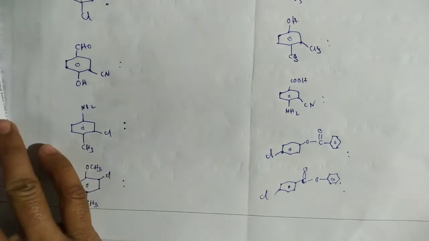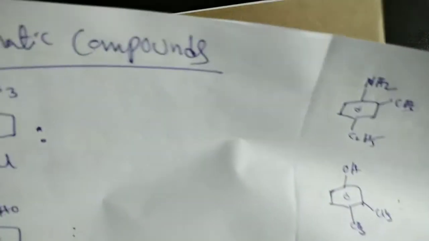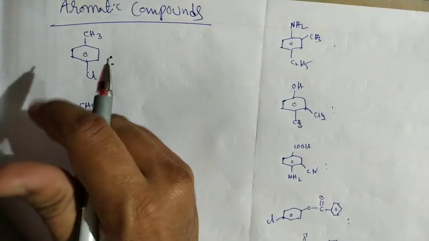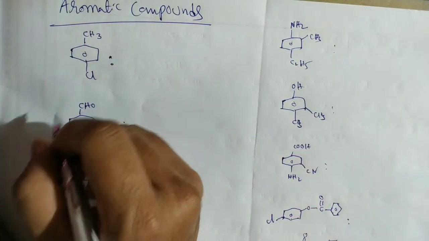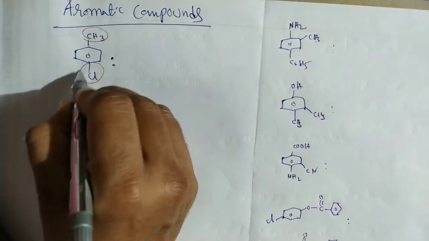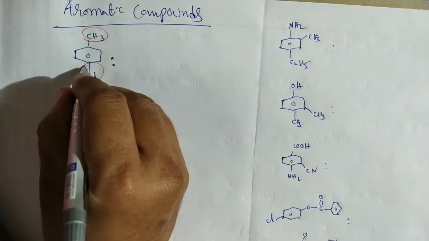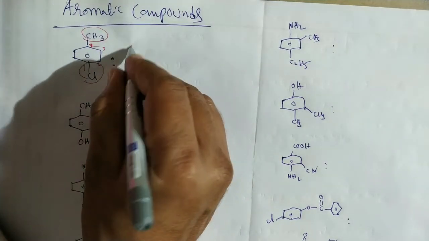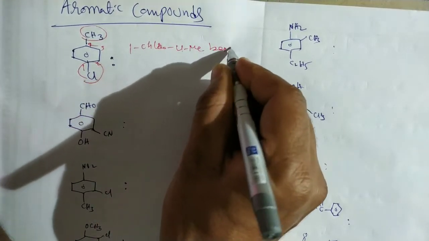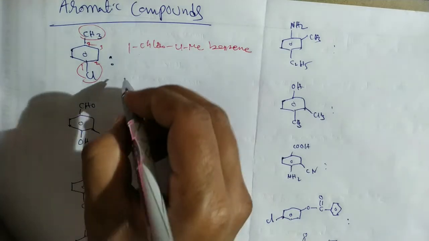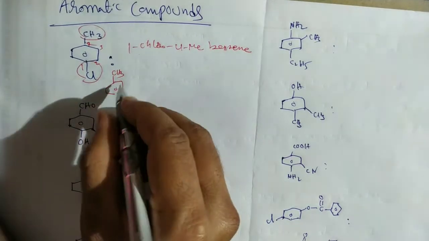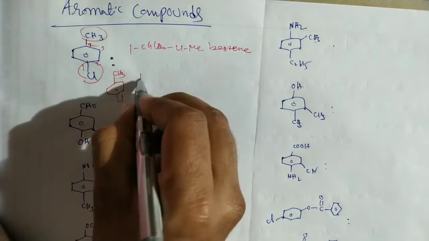Okay, and next here let us discuss some aromatic compounds. Here is a previous advanced question in 2018. See this one, in this case these two are the substituents. So chlorine comes first, so 1, 2, 3, 4. That means here 1-chloro-4-methylbenzene, or this compound can be named in terms of toluene. Actually it is a toluene. So on the toluene at the fourth position there is a chlorine, so 4